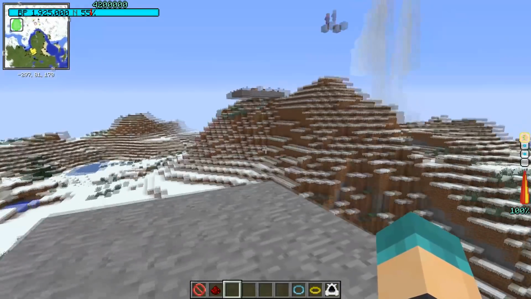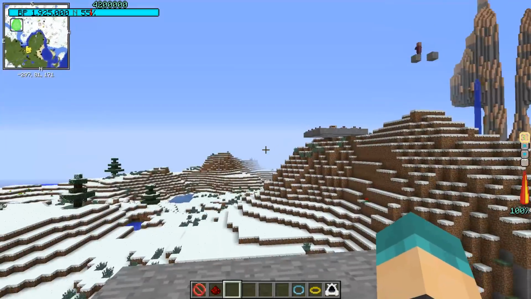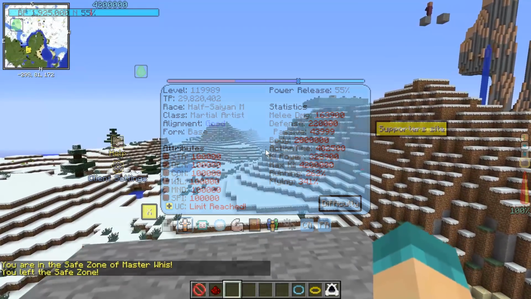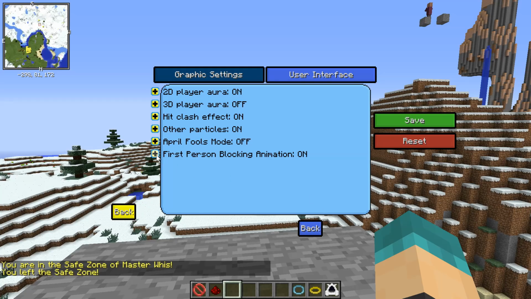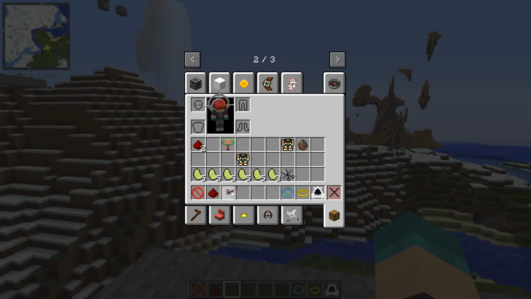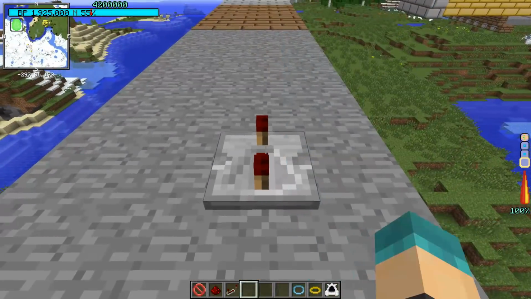There were also a few new key types added, and I've also added animations for every single one for charging, and also another animation for blocking in first person, but you can't see that because I have it disabled in general, because it's actually a bit buggy. Because if I put down a repeater,